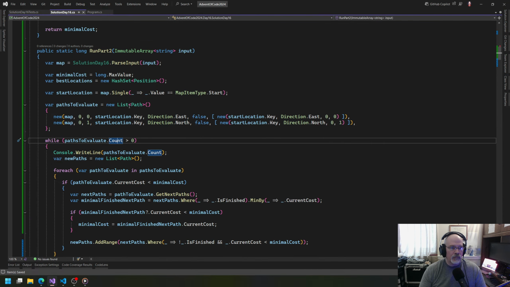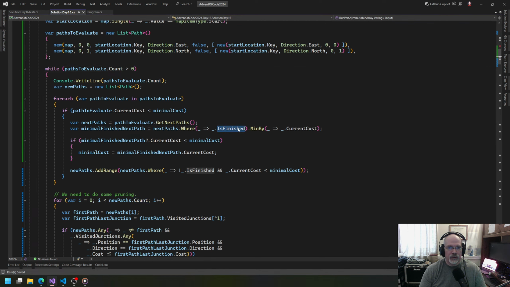So we get an X path, we say is it finished, and we minimize by current cost. Okay. Now, of course, this is a little different because we can't just find the minimum. We actually have to find all of them that are the minimum. Okay, so I think there's a group by, and LINQ with group by always throws me. I'm probably going to have to look it up, but we want to get all of the ones that are finished, and we want to